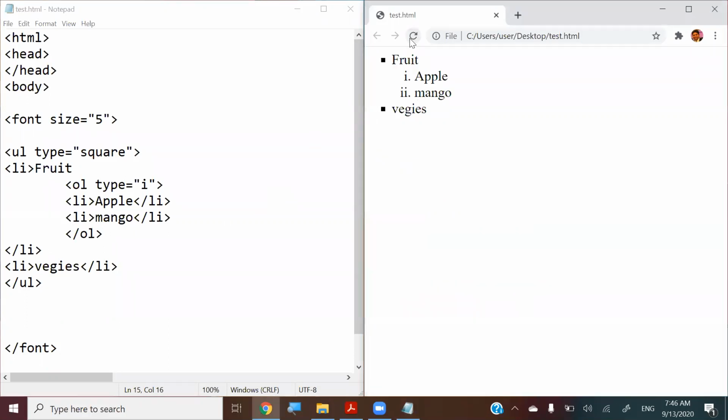Yeah, so as you can see, this unordered list is having the square type of bullet. And inside the fruit, under the fruit list item, I have listed two ordered list items, which is apple and mango. So it goes like this. So remember, this is a very valuable point, an important point. So when you need to create a sublist,